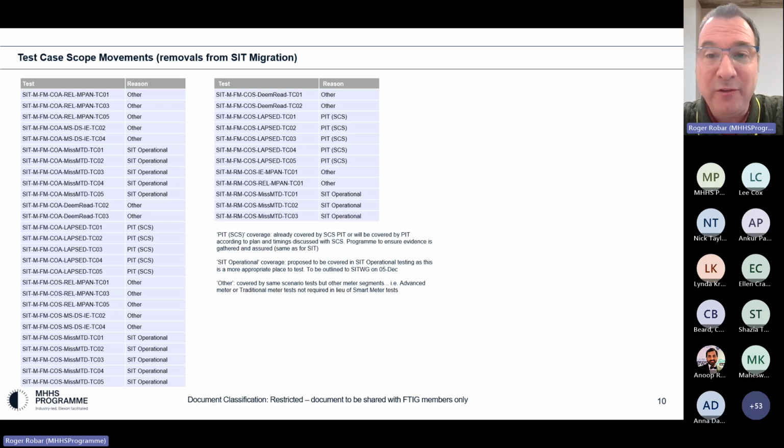So we wanted to make sure that these assumptions were borne out, and that we had a working model, so they are already in the model. So when you say they're in the model, they are part of the points that are calculated up to a total of 18,110 points. Yes, 18,110 points for SIT functional SIT migration.